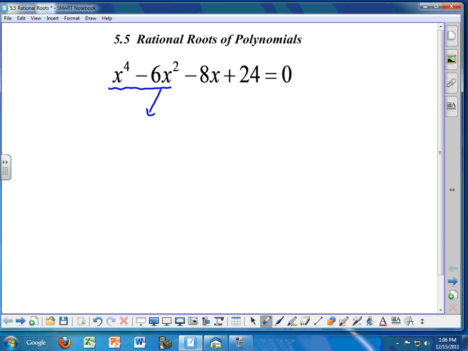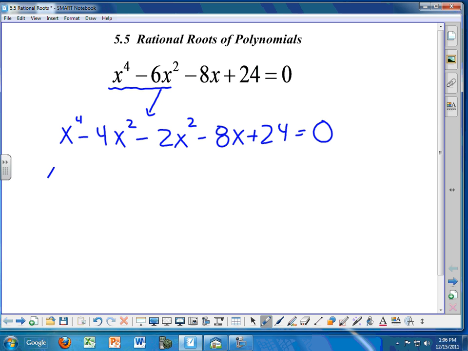And for this example, I'm going to choose a 4, x to the fourth minus 4x squared. And the reason I'm doing that is because I noticed that the remainder would be 2x squared, and that 2x squared seems to fit very nicely with the 8x plus 24. If I look ahead just one step, x squared quantity x squared minus 4. And over in the second part, I'm going to factor out a negative 2 out of this. But again, it only takes one step here